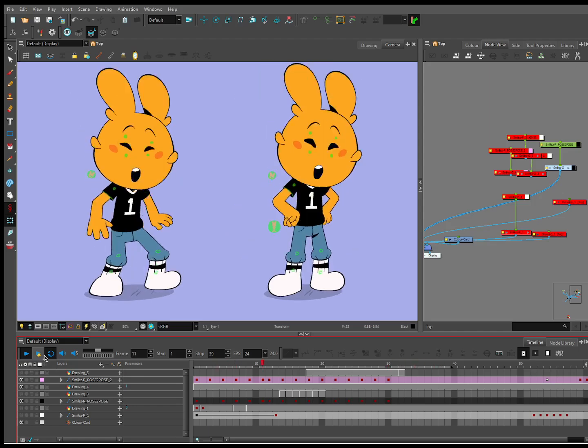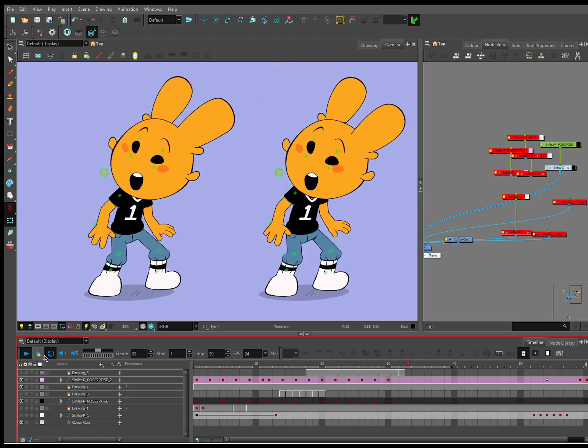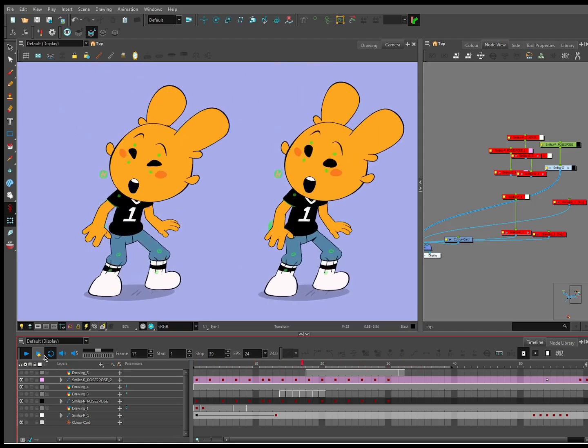But these are the differences, not necessarily that this is how you should animate your action.